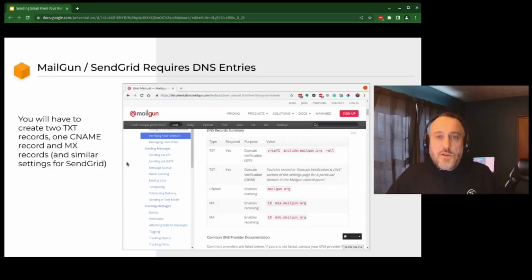And when you set up your SendGrid account or Mailgun account, it doesn't really matter to me which one you use. I lean towards SendGrid because SendGrid will send up to 100 emails a day for free forever, and that works for the majority of my clients at least. So you might have to drop in some TXT records and MX records and things like that. If you set up SendGrid, you only have to set up 3 TXT records. It's pretty trivial, and you just copy and paste. It'll walk you through the process of setting up a SendGrid account.